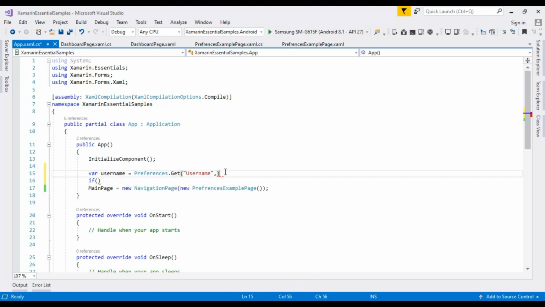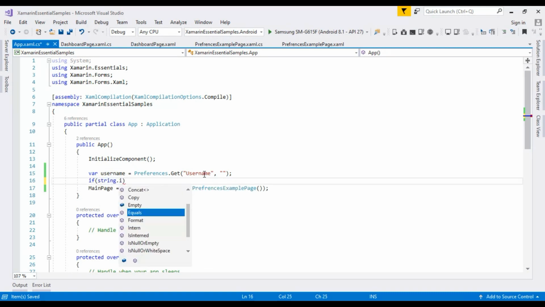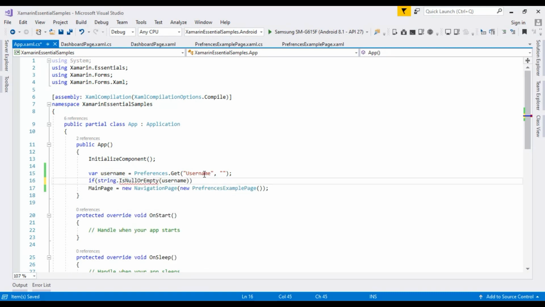because these Get and Set methods have a lot of overloads. We can save string, boolean, decimal, float, etc. Okay, so here we are passing just a blank value for default. If the username does not have any data, then it will provide the default value, which is blank. After that, we are checking inside this if condition, if the username string is null or empty.